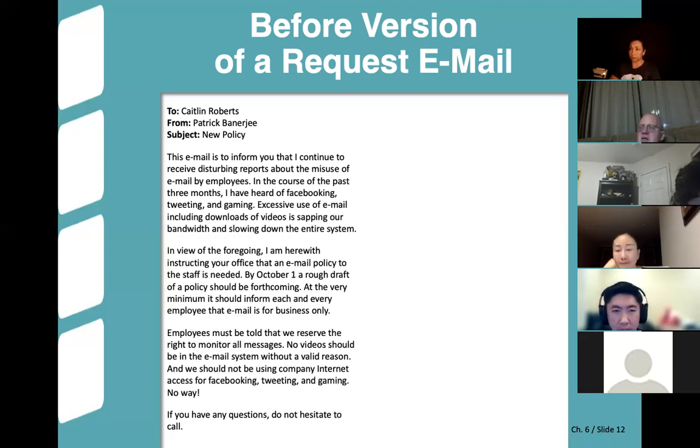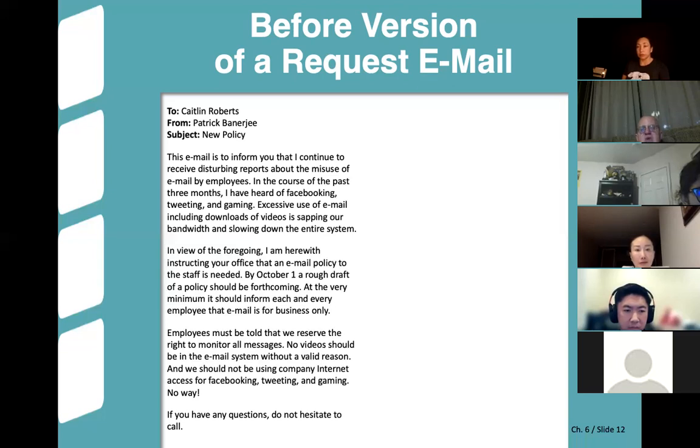Oh, by the way, we also talked about "what's in it for me." Is there anything in here at all that suggests why Caitlin should be interested in helping Patrick? No, because there's no compromise for the employees if they follow the policy. It's just aggressive in a way. Yeah, and there's no benefit to Caitlin that I hear anywhere in here to help Patrick.